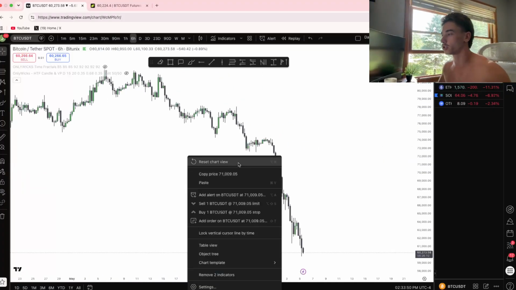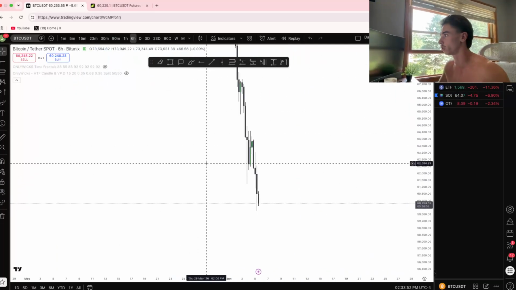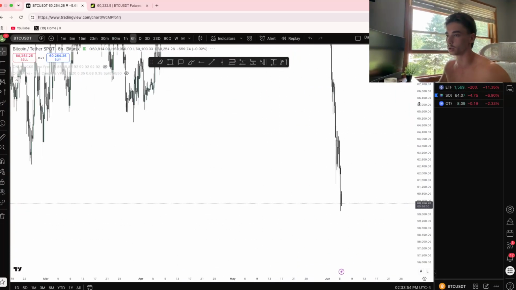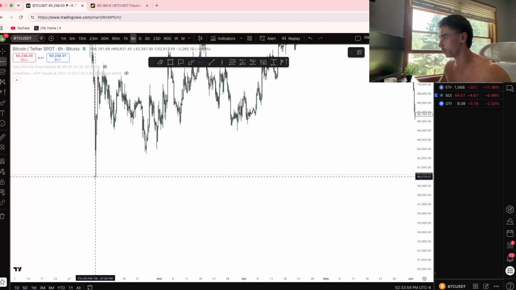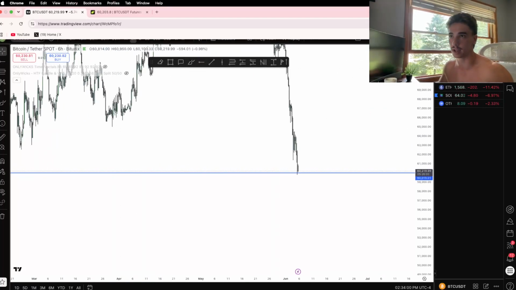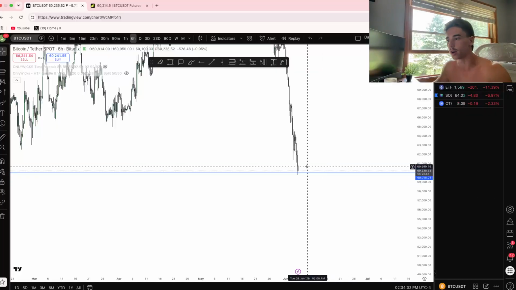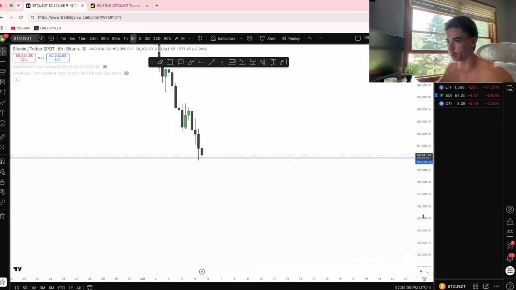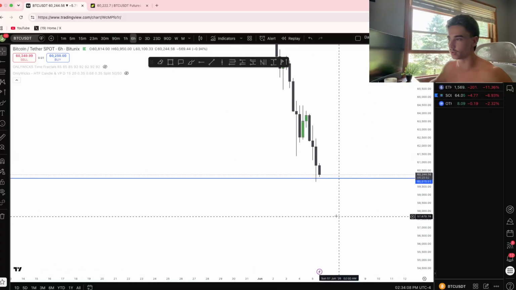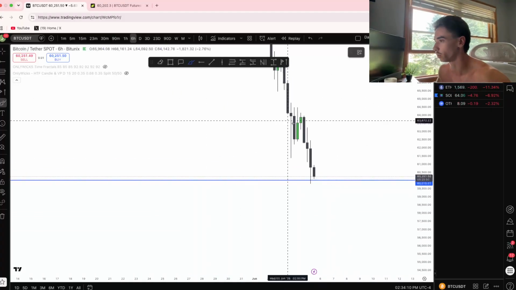So, kind of starting on the 6 hour time frame here, looking at Bitcoin. Obviously, we're really bloody right now, right? We're selling off. We're going ahead and we're sweeping out the quarter one low as of today, Friday, June 5th, right? And with this push down, what do we see on the 6 hour time frame, right? No other context, just going into this video, 6 hour time frame. What do we see, right?